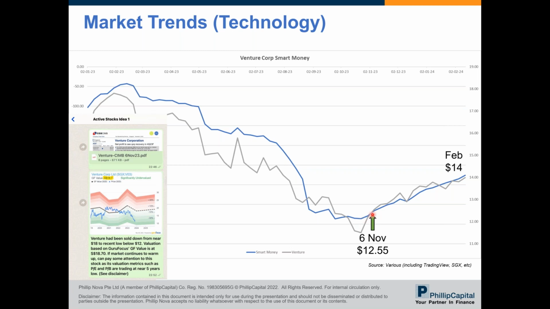What is beautiful about this analysis is that we can wait for smart money to actually buy, and we have a more confirmation before we go in and join to buy this particular stock. Of course, we will not be buying right at the bottom. The price may have moved somewhat, but typically when smart money buys in a sector or buys in a stock,